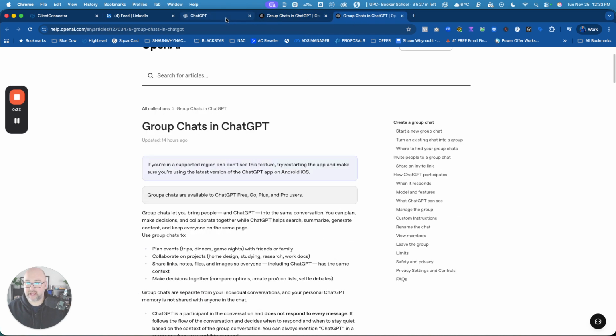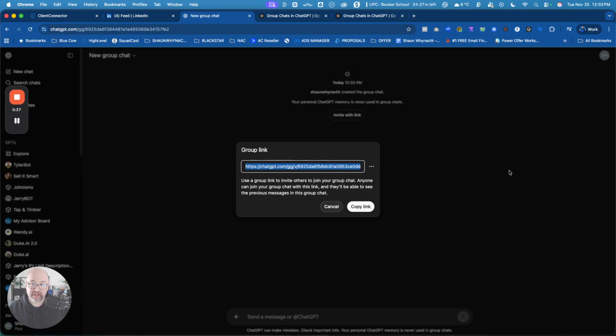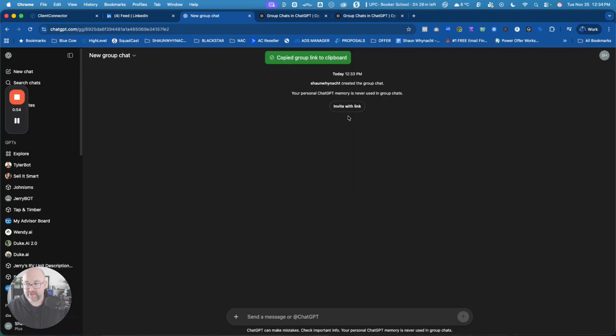Now, when we go ahead and go back and we click start a group chat, what's going to happen is it's going to give you a link that you can now share out. Now there's three dots here that you can either reset or delete that link, but it says use this group link to invite others to join the group chat. Anyone can join the group chat with this link and they'll be able to see the previous messages in that group chat. So that's how it all works, and then you can go down here, you start to use ChatGPT